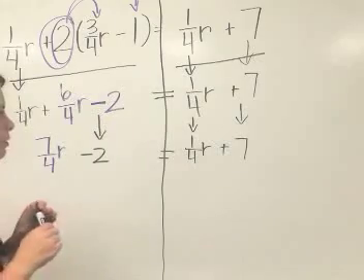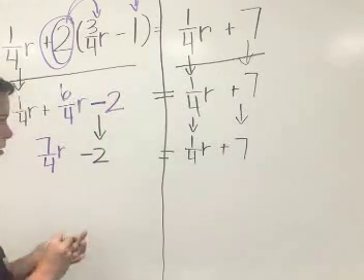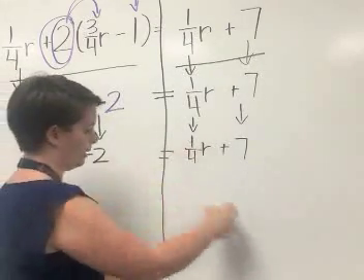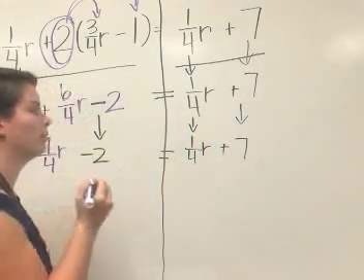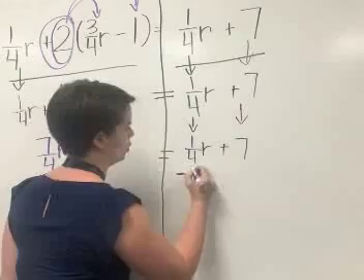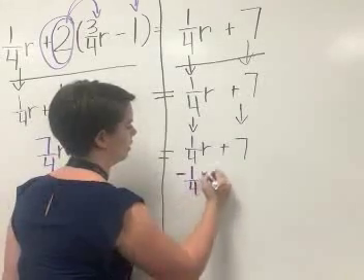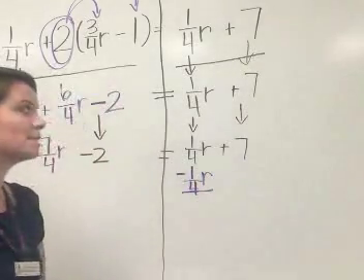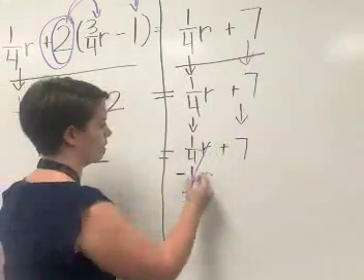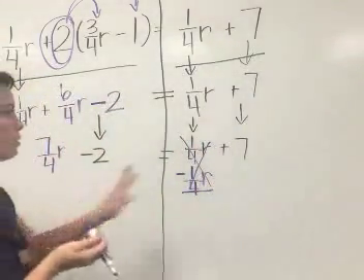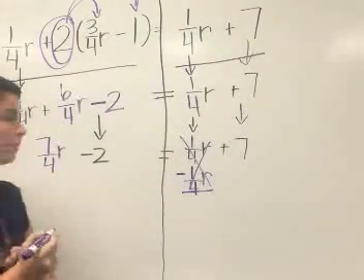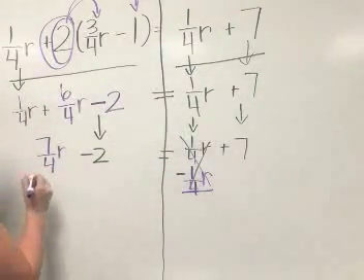So I subtract 1/4 r from both sides. Because 1/4 r over here is a positive, I have to subtract it to get rid of it. So I subtract 1/4 r. And any number minus itself equals 0, so I know it cancels out. What I do to one side, I must do to the other. So I subtract